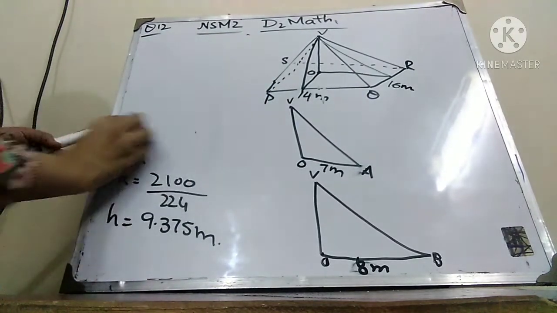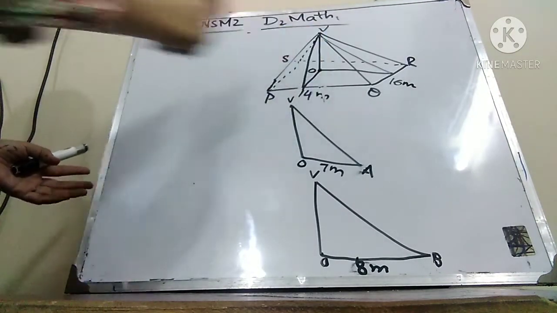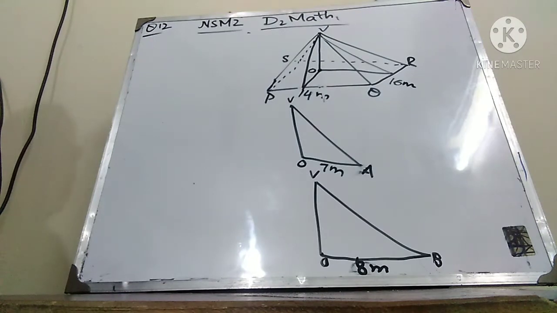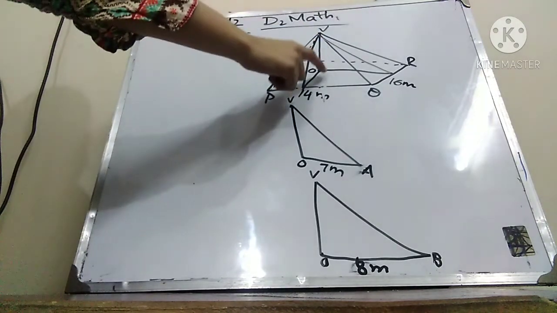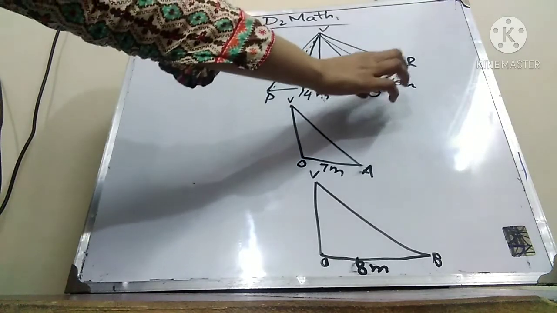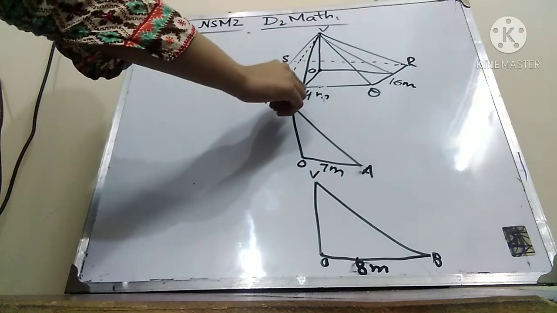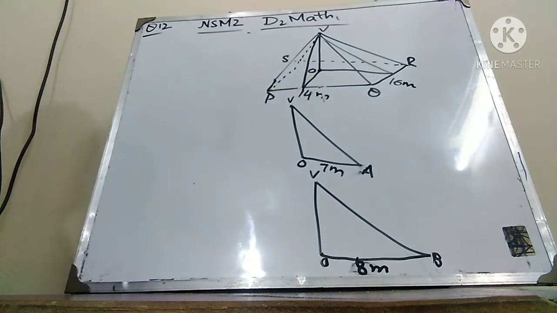So to find out the surface area, you have to take one point at the mid of this rectangular base, and draw the vertical from V to O. Then you have to join this O with the mid of QR, and then with the mid of PQ. Then you have to join V with this point, and you can say that this is VOA.